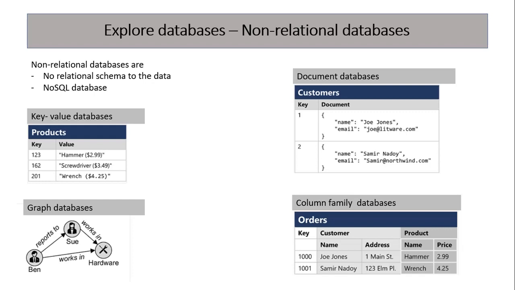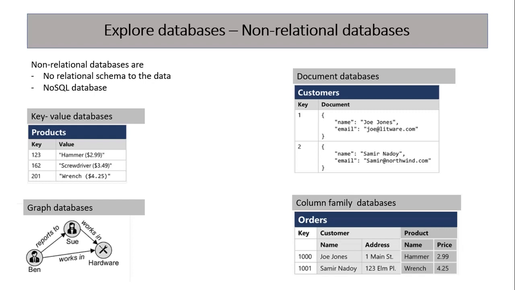Key value databases means wherein its key is unique, right? So 123, 162, 201, these are unique. We cannot enter duplicate keys. But along with the key, we are putting value. Like for example, if you look into these values, if suppose we have to manage this into the relational data,